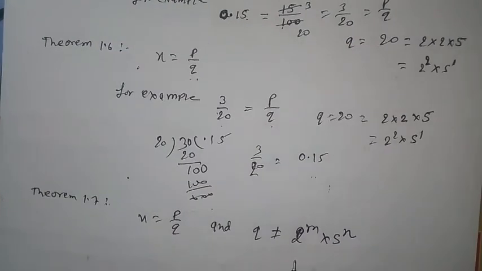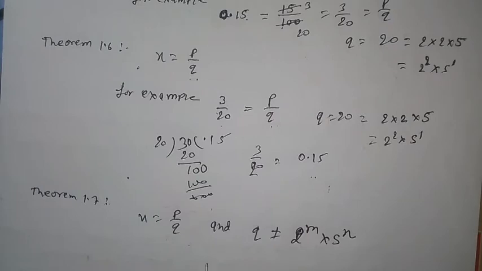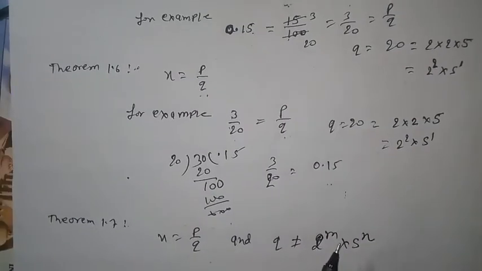It means that the decimal expression of this rational number is non-terminating repeating, that is, recurring. For example,